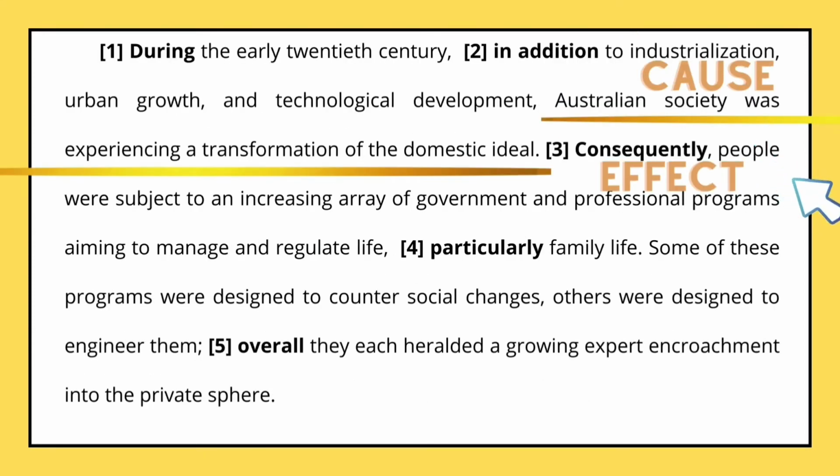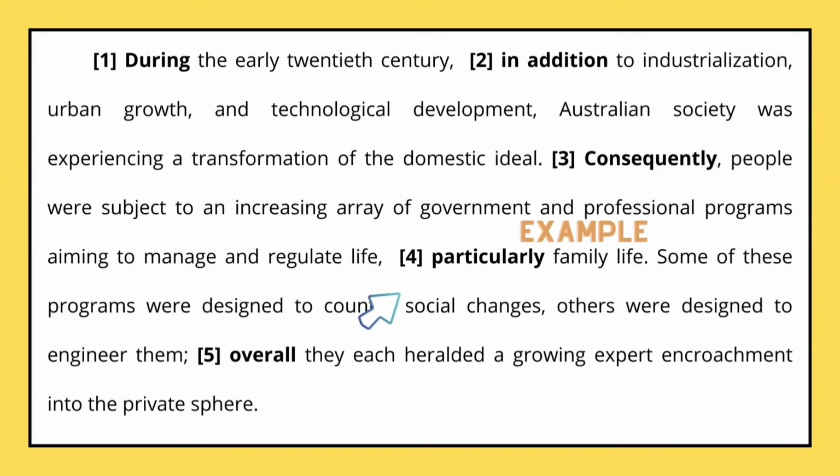The third one, which is consequently, this gives an idea of cause and effect. We were given in the first sentence what was happening in the Australian society. So this second sentence, which is introduced by the transition word consequently, is the effect or the result of these events in the said place or region. So since Australian society was experiencing a transformation of the domestic ideal, then they were subject to increasing array of